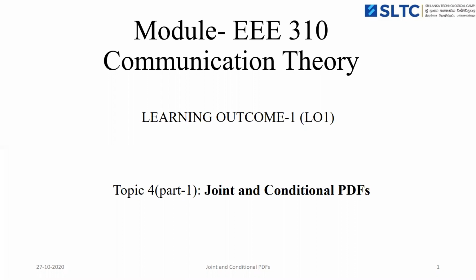In the previous video, we studied the transformation of the random variable. An example for the transformation of the random variable is the straight line y equal to mx plus c. So the random variable x is transformed into the random variable y, and we can use the transformation function to transform one random variable into another random variable. If the function is monotonically increasing, then we can equate the probability of the random variable x to the probability of the random variable y. Today's session we are going to talk about the joint and conditional PDF.